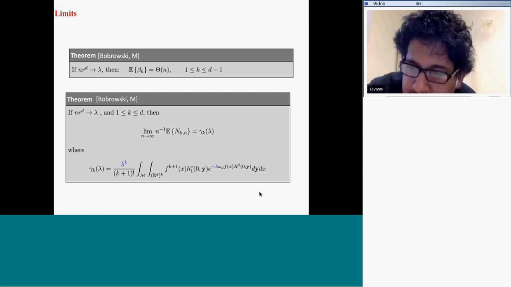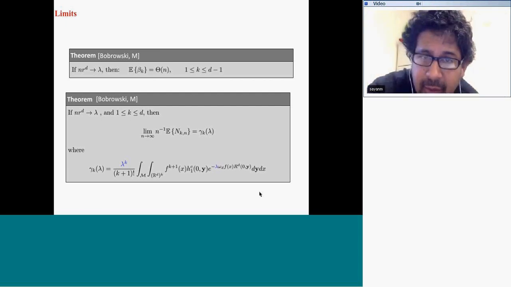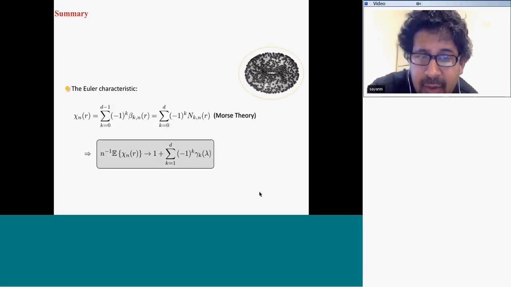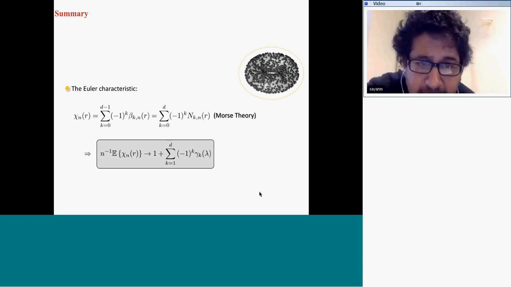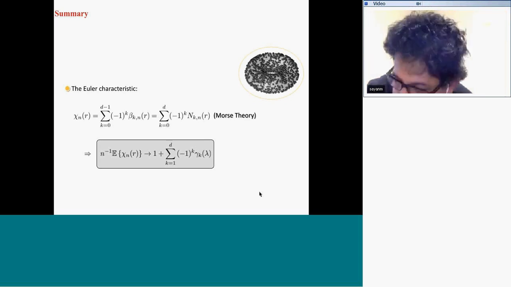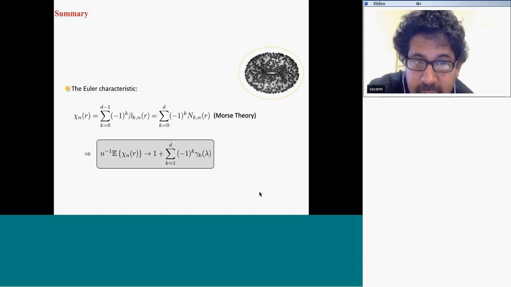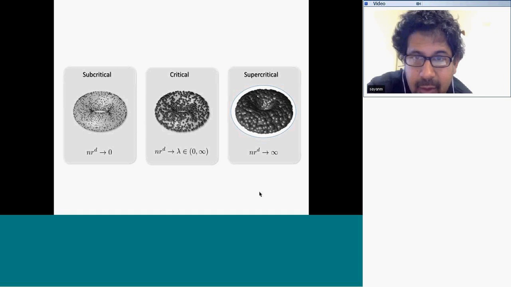Why we have a hard time saying things more qualitatively about the Betti numbers is that the combinatorics becomes very hard, more technical. Now we can still say certain things. We can say things about the Euler characteristic, because the alternating sum of the Betti numbers is related to the alternating sum of the critical points. But it's again hard for us to say something about the Betti numbers themselves. We can again be quantitative only about the critical points.